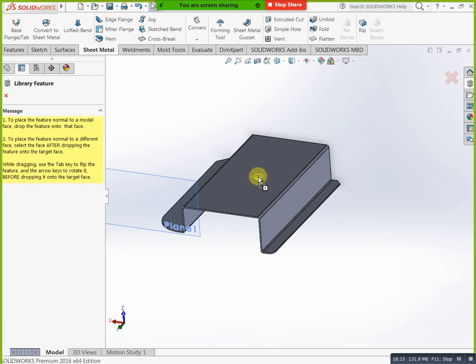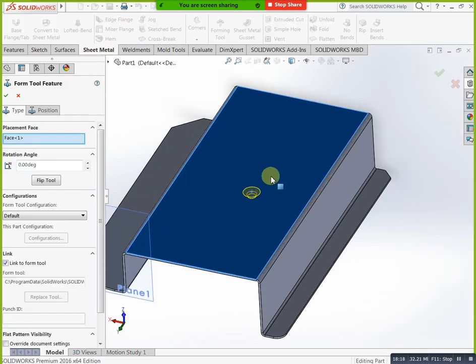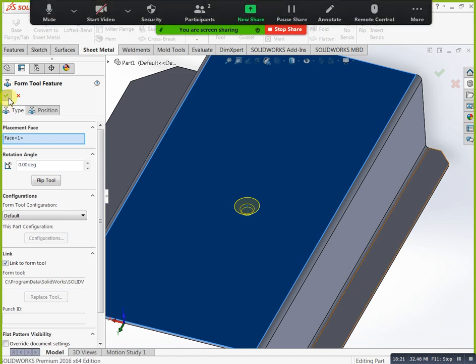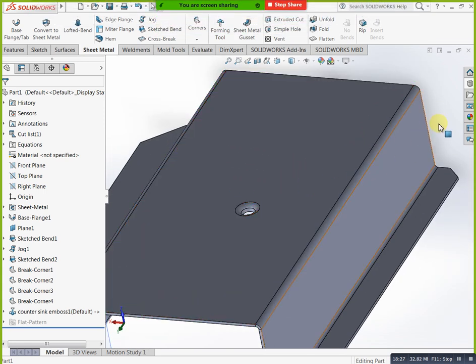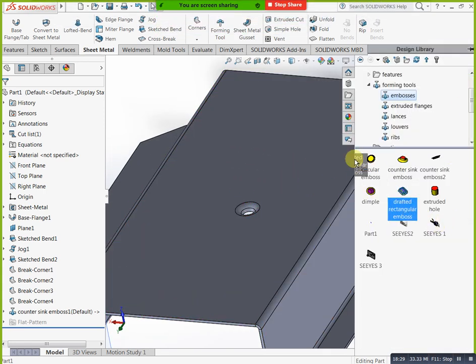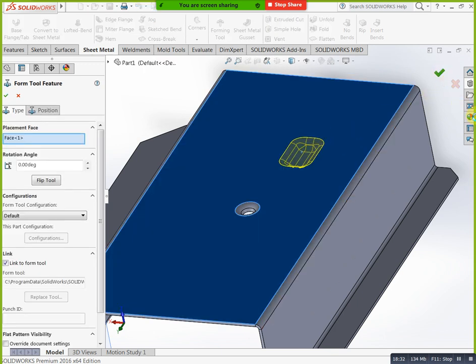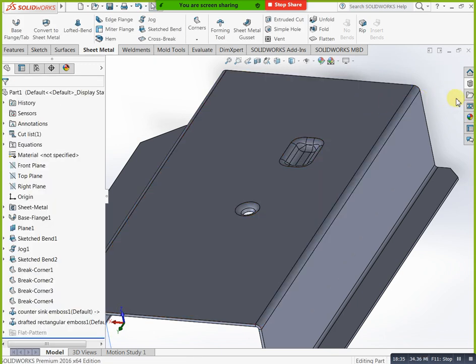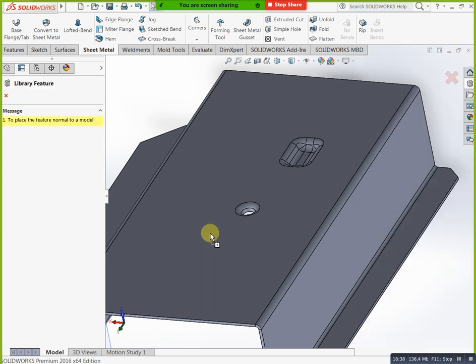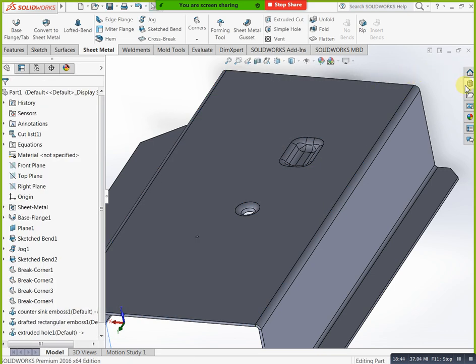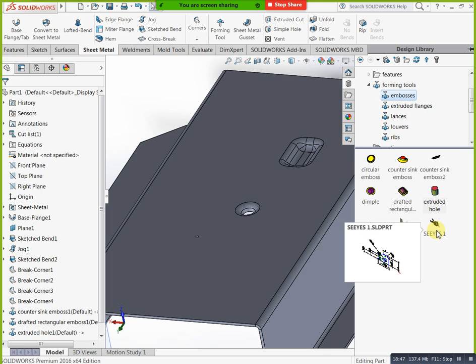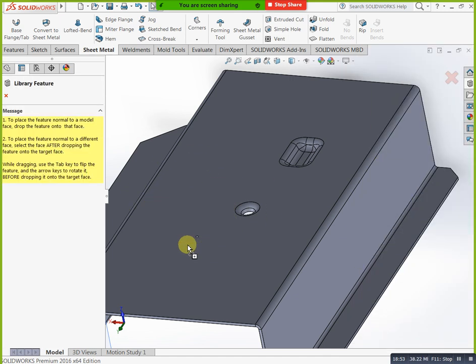Next, for example, I need to apply this one. Next, this one. Next, if you need another, this one is another. Next, SLD port. This is not applicable. Why? This is part condition we have. This is part condition. These are not applicable. Countersink. This one is applicable.